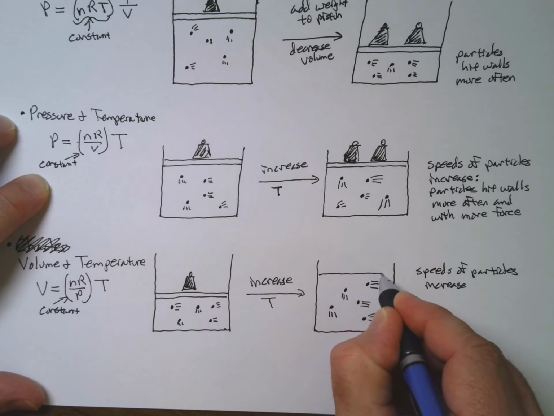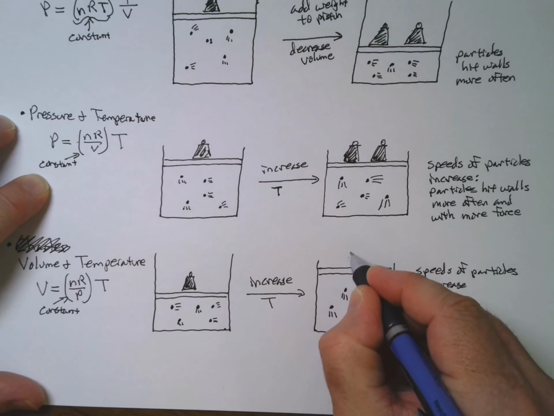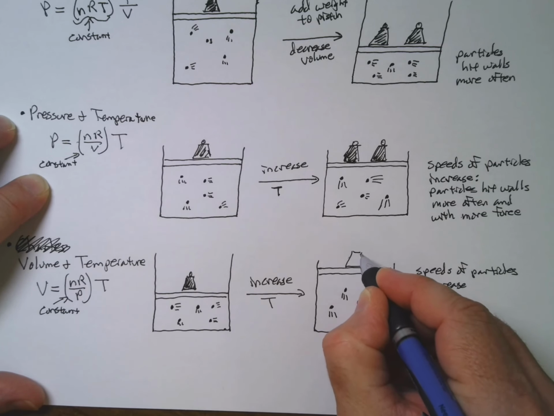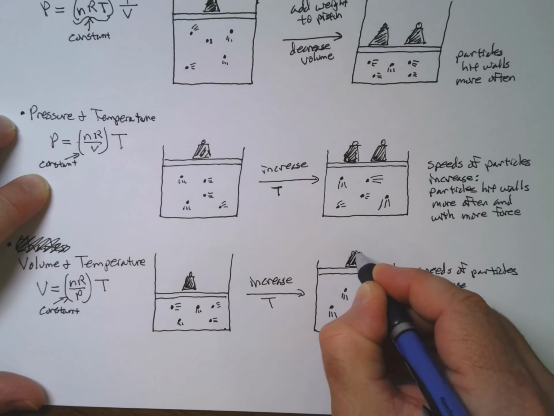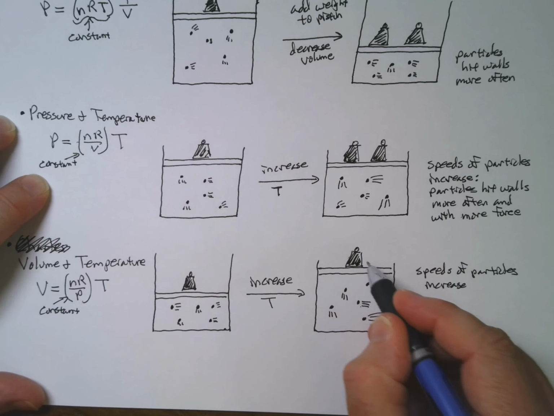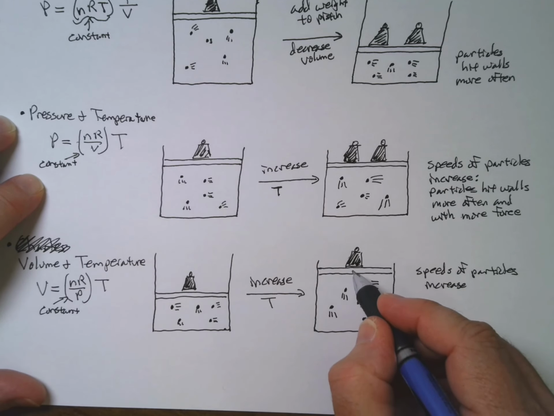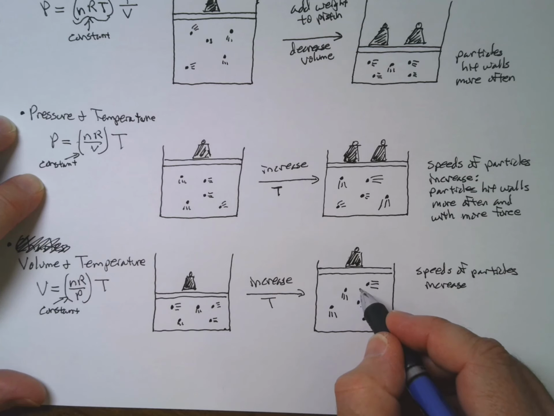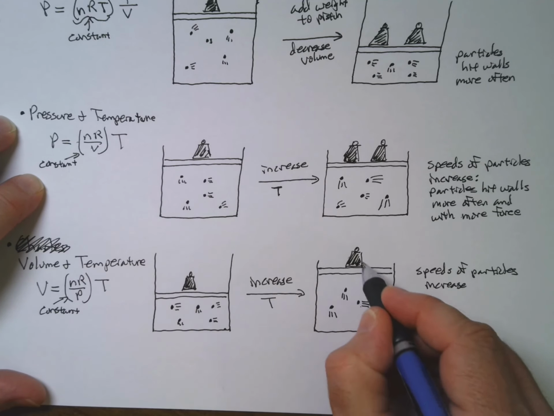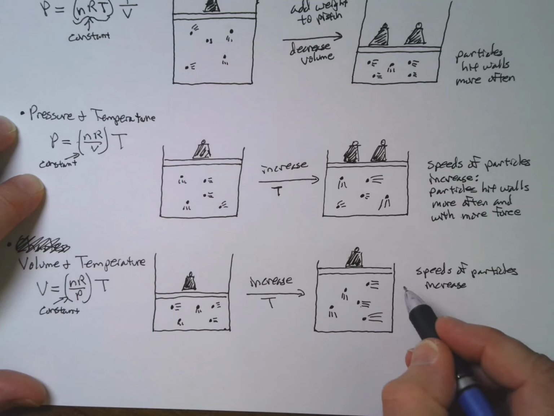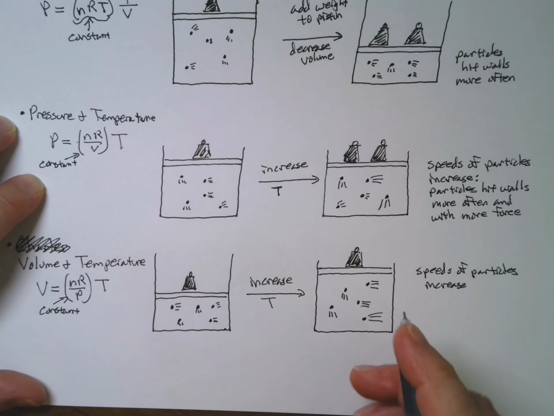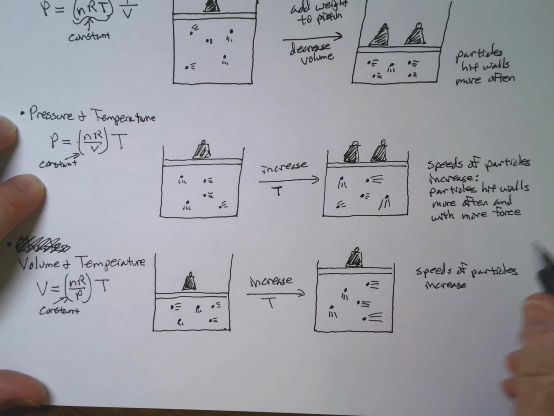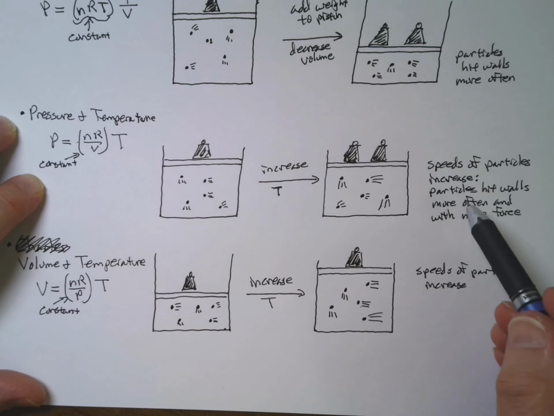And so our volume will increase until the volume gets to a point where the collisions are infrequent enough that this weight is supported by the collisions. So when we heat things up, we have increased speed of particles, so they start hitting